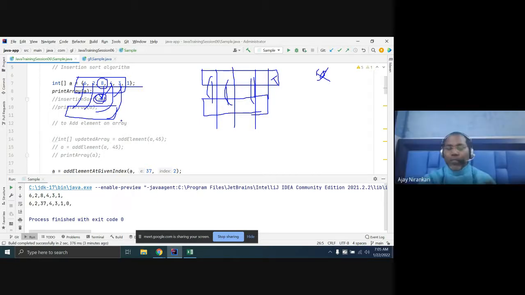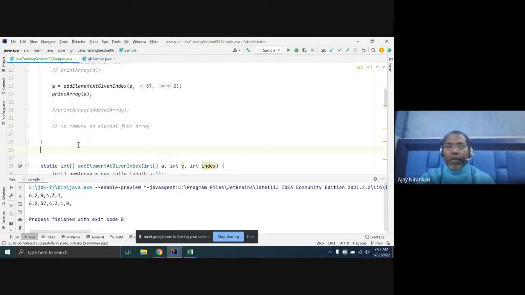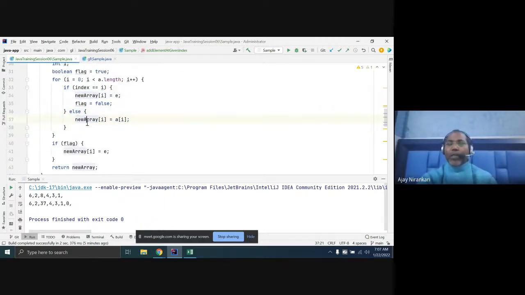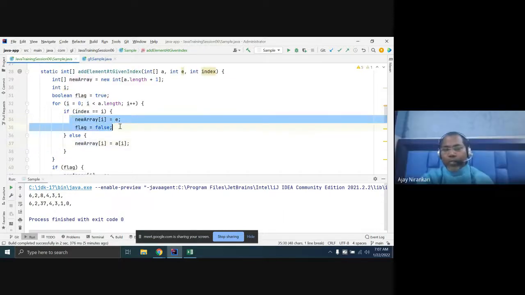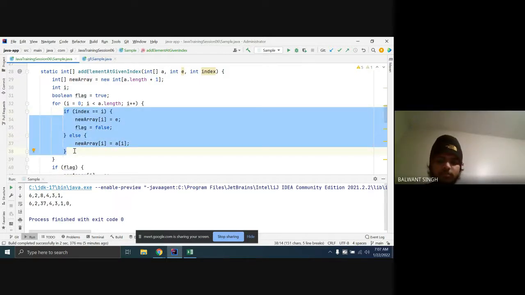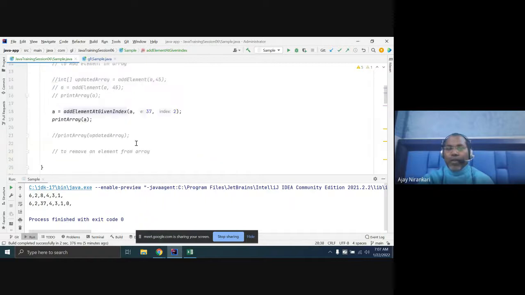Skip means you write some if condition. If something happened, then do this code, else do this code, like we have written here. I want to copy each element, but on a conditional basis. If our index is matched with this, then do this, don't do this. So you have to write something like here, blocks and conditions. Let's try by yourself, and we'll discuss your approach, the way you write the code, and I'll explain how you write.